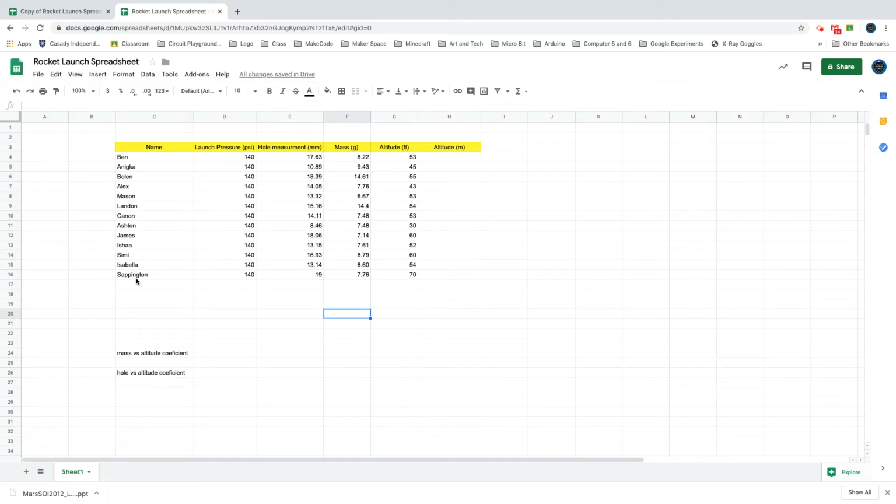Now, you won't have me in there. I just added myself as a fictitious rocket that went the highest so that when you get your answers, I'll know that you calculated them yourself and just didn't get them off the video. All right, so you'll need to convert your altitude from feet into meters. I'll let you Google search feet to meters and see what that conversion factor is, and then plug that